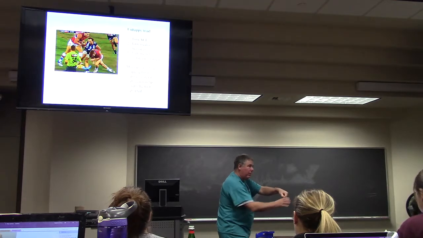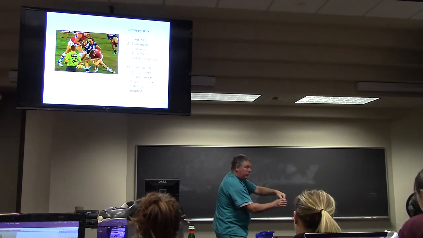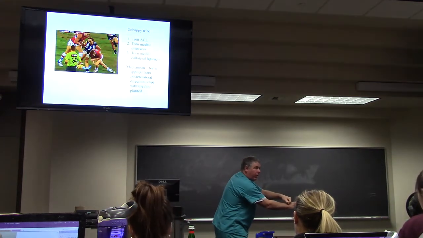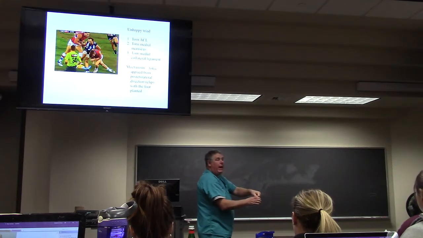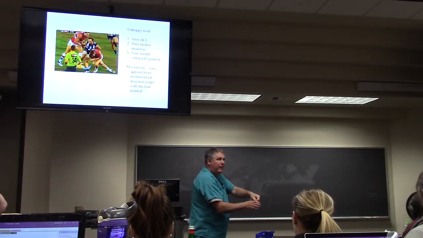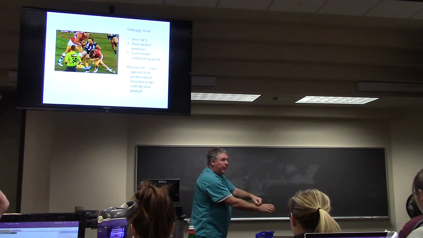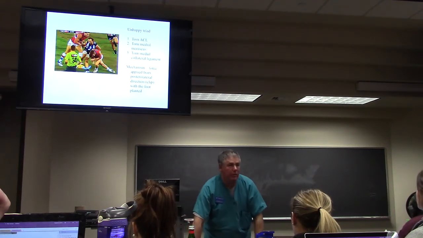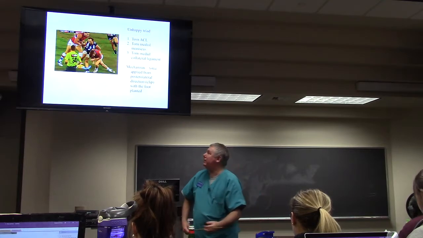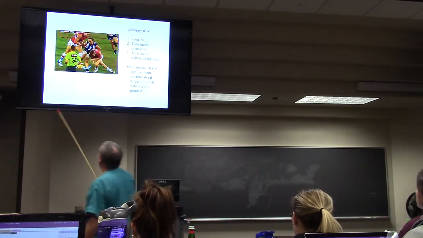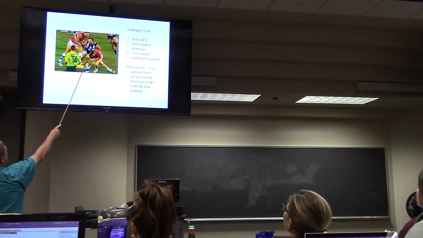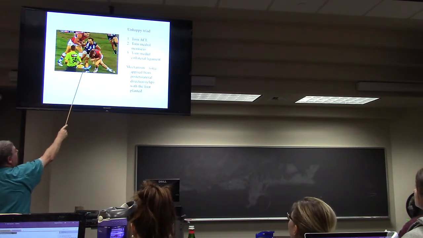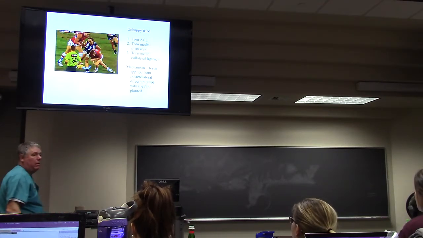If this is the femur and here's the tibia, it drives the tibia forward. Remember, it's the ACL that prevents the forward displacement of the tibia. So with a clip injury, which is what this is, what this guy right there is going to wind up with is a torn ACL,